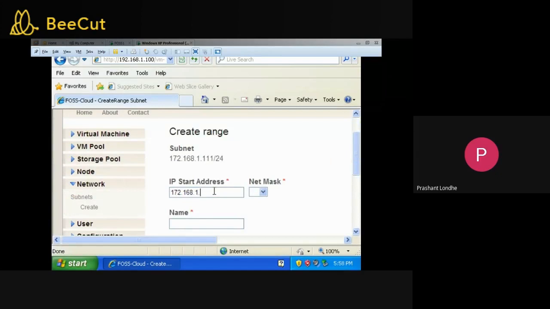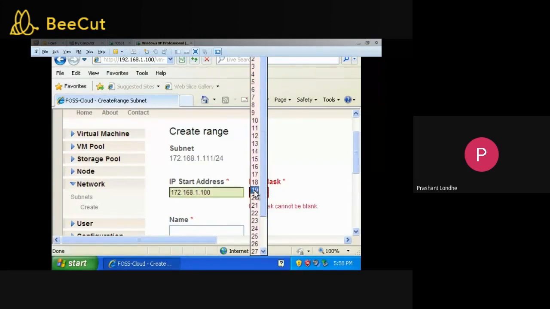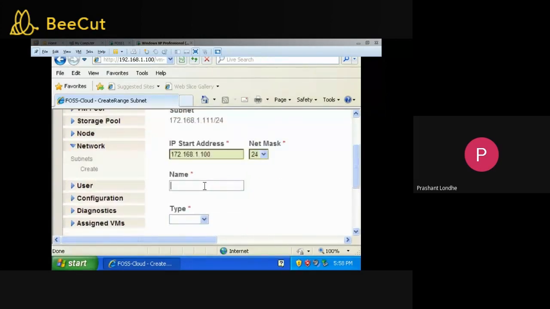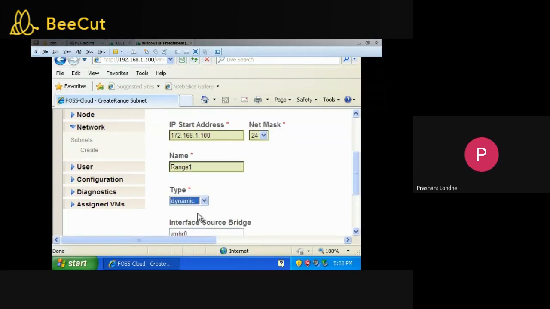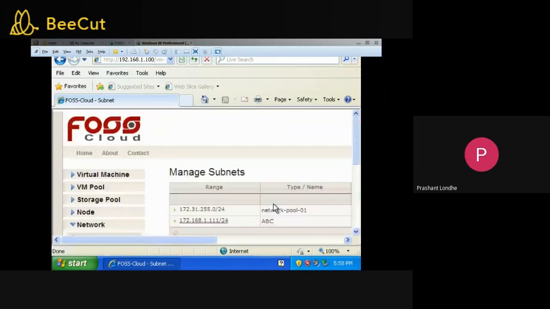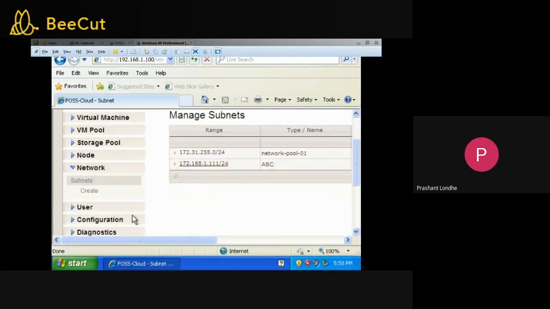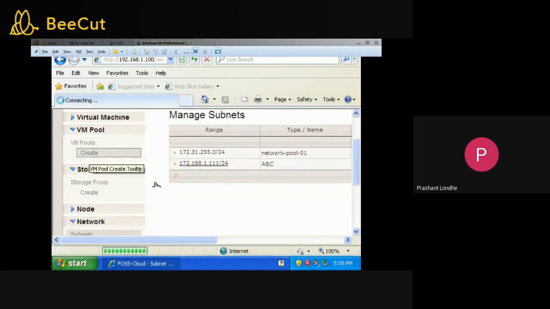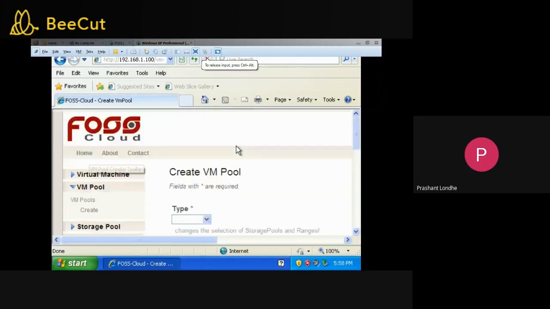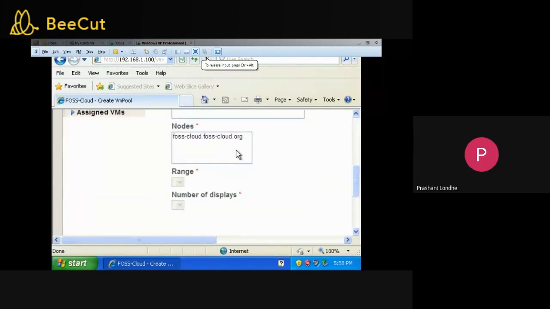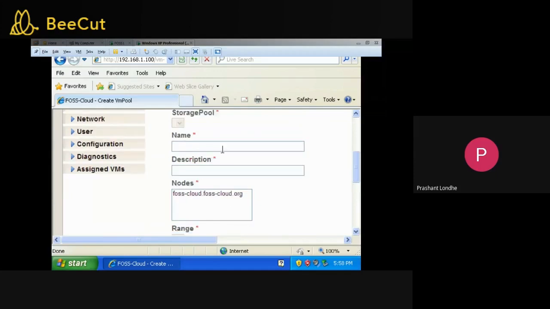So the start IP address will be say 100. Let me keep it as 24. Name: range 1. Type: dynamic. Create. So it's created over here. Now I can go back to my VM pool. Now let me see whether it is coming or not.